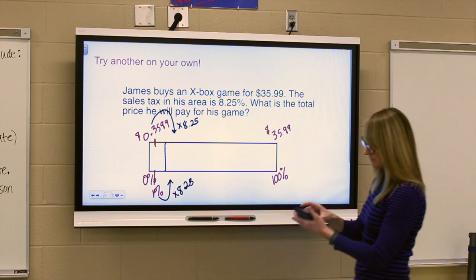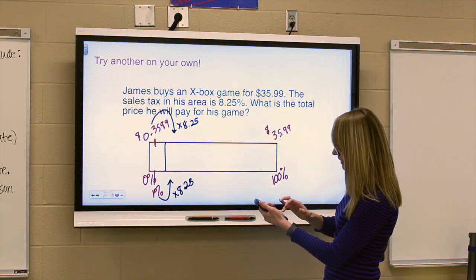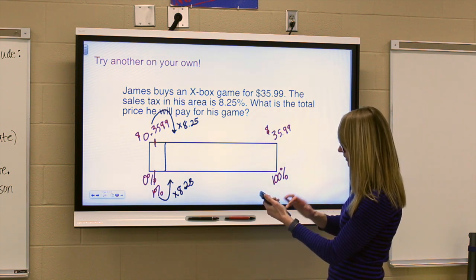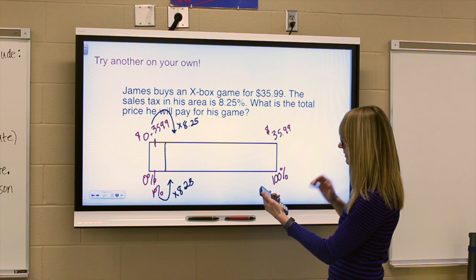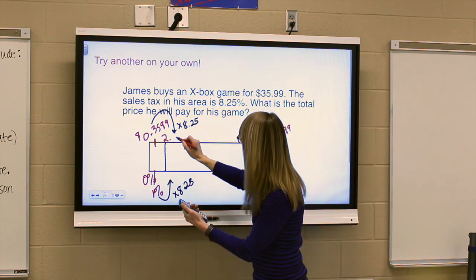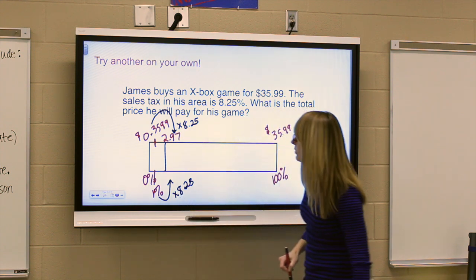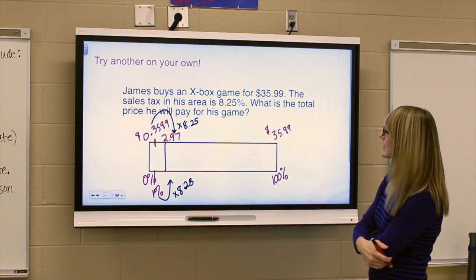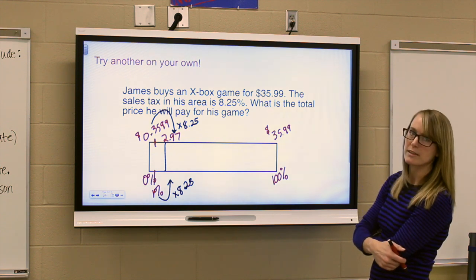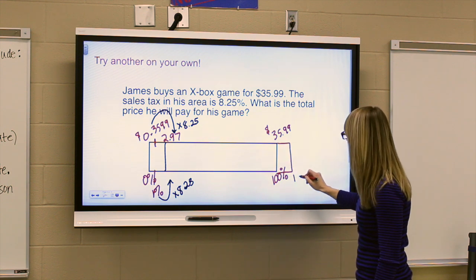Let's see. 0.3599 times 8.25 equals approximately 2.97. So $2.97 is going to be the tax that needs to be added on top of the original cost of the game. So if I extend my bar here, I know I'm getting to